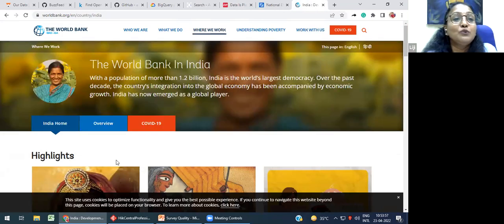So World Bank gives you all this kind of data on worldbank.org, which I deliberately took up on India. So on the World Bank India home, you find a lot of variations when you compare it with NSS data. The major thing we noticed when we surveyed it is that World Bank says something about our poverty ratio, and then our NSS data says something different. Sometimes you find a lot of differences, and World Bank pays a huge amount to the people who do surveys for them.